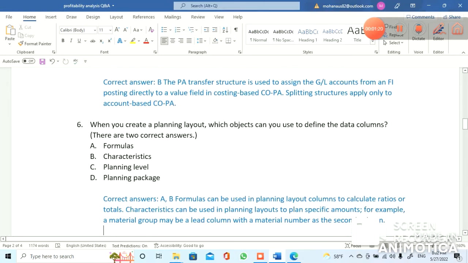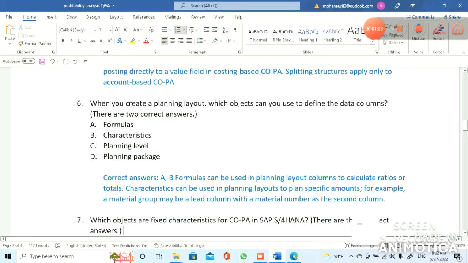When you create a planning layout, which objects can you use to define the data columns? There are two answers, options A and B, formulas and characteristics. When you create a planning layout, formulas can be used in planning layout columns to calculate ratios or totals. Characteristics can be used in planning layouts to plan specific amounts. For example, a material group may be a lead column with a material number as a